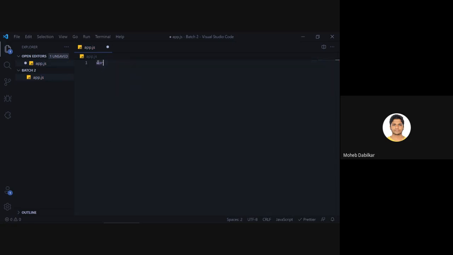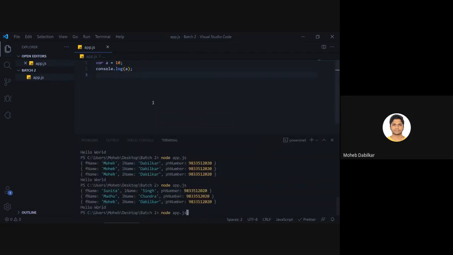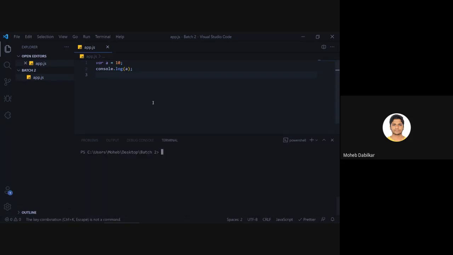Well, the issue with var was you were not able to specify an object that could be mutable or not. So if I say var a equals 10, and then I console log a, and run this, it says 10.